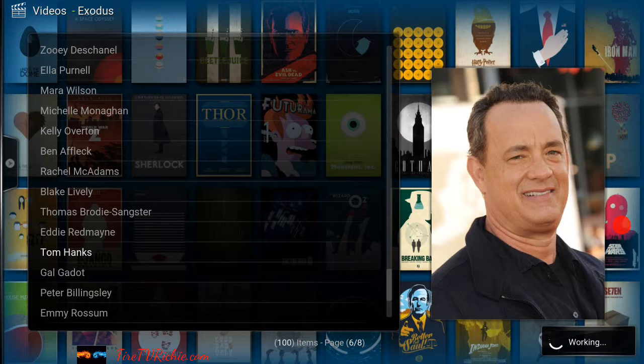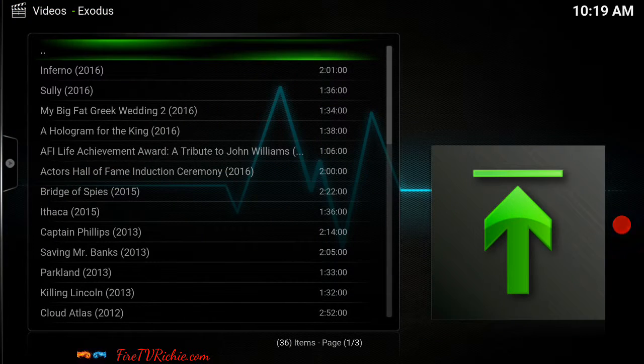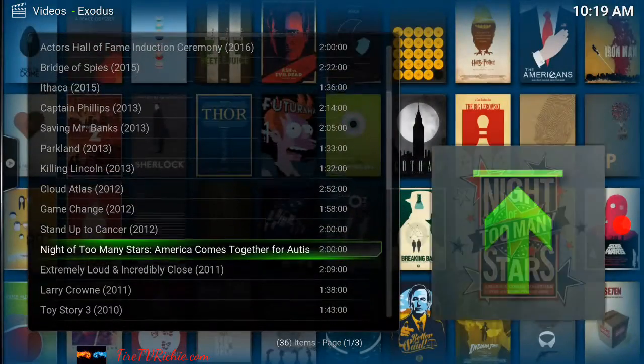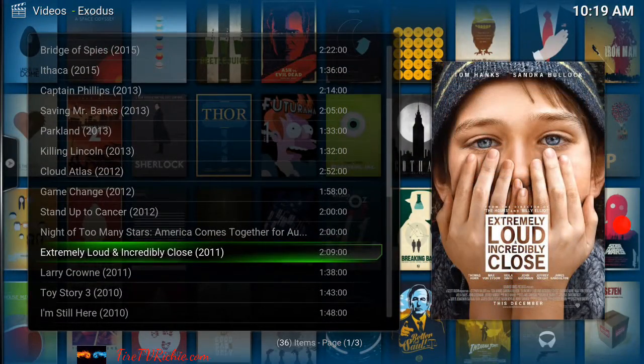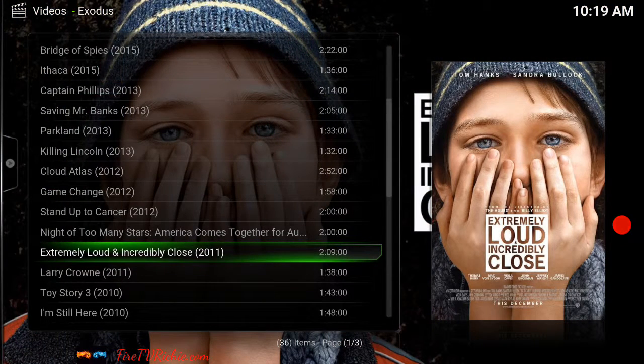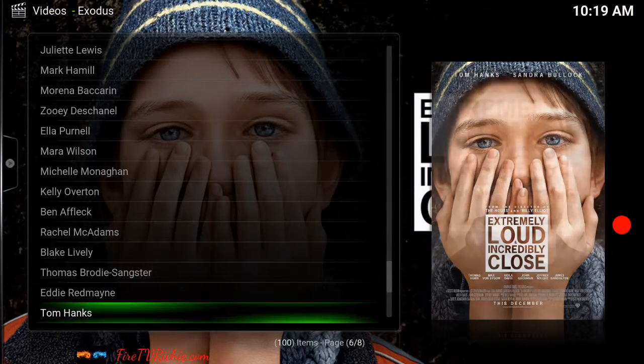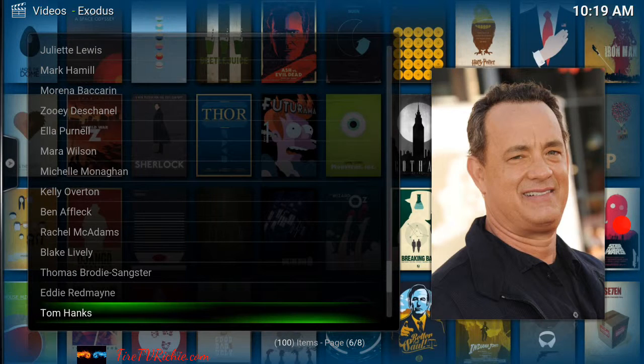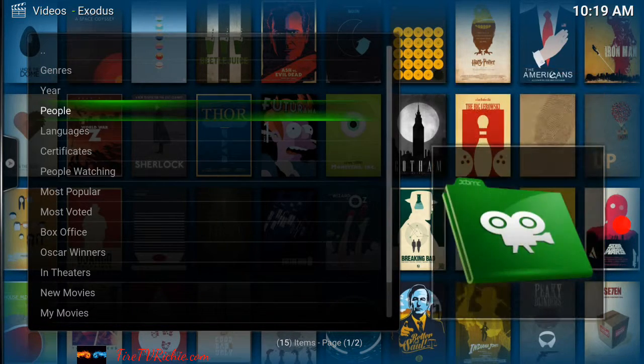So even though it may look a little confusing at first, it's very, very user friendly. It has a lot of options, a lot of ways to figure out what you want to watch. It's very, very good. There's a limitation to its user friendliness because there's so many movies that it would just be so hard if